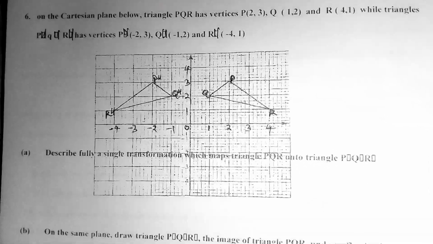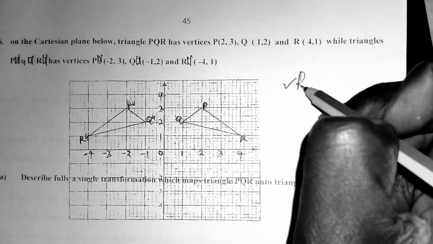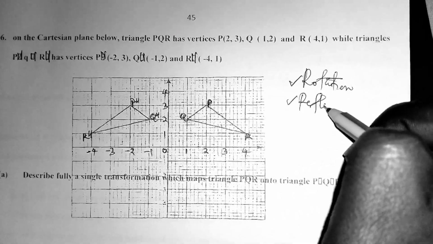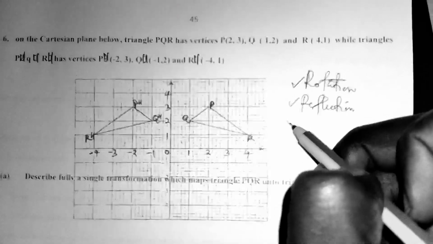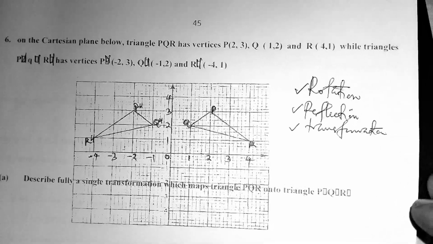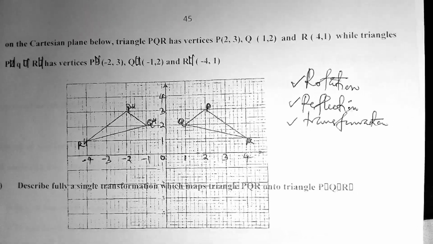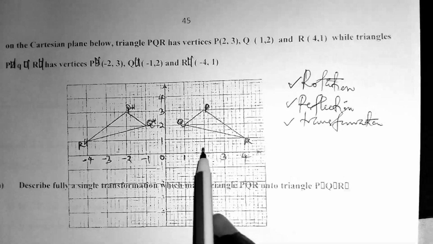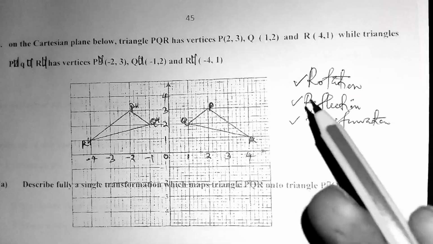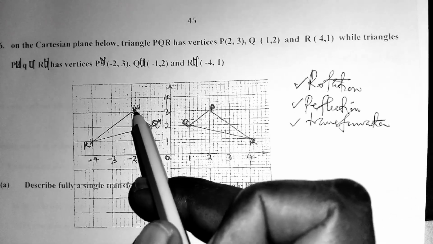So here you have to investigate keenly and see: is it a rotation, is it a reflection, is it a translation? So you have to see. The basic procedure of how you can determine it is to join the corresponding points, like this one is P and P double prime, using